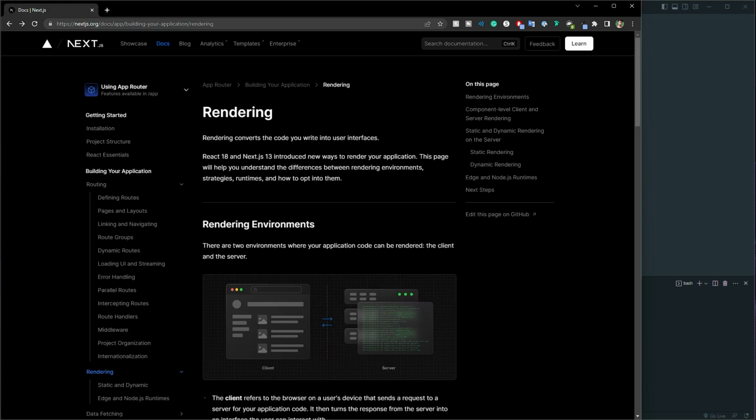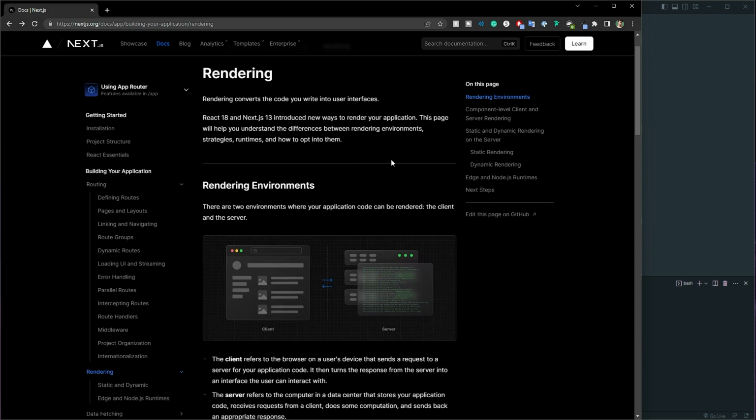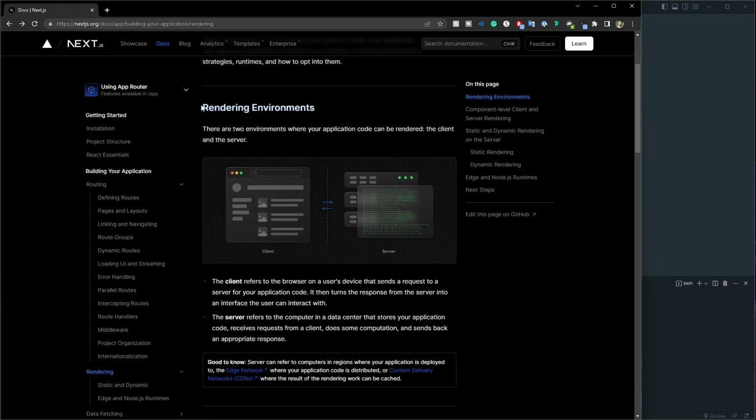So first things first, I will read a little bit here. React 18 and Next.js 13 introduced new ways to render your application, and this is a game changer. This is why a lot of people are looking into switching to Next.js, when they introduce server components, which render server side by default, and you also have client components, which do client side rendering. I think in the previous lecture I showed you some examples, but in the rendering environment there are two types of rendering: client rendering, which happens on the browser of the client, and server, which happens